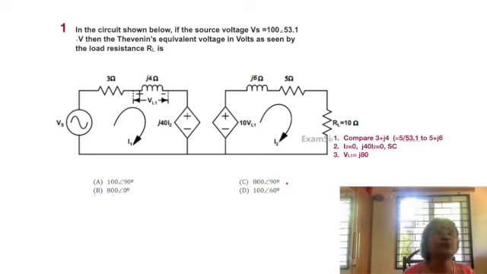It also flows through j4. Okay, and creates the voltage drop VL1, on which the voltage source in the second loop is dependent. Okay, so we see that j4, that is 4 angle 90 degrees multiplied by simply 20 angle 0 gives us 80 angle 90 or 80j. Okay, and then what is the